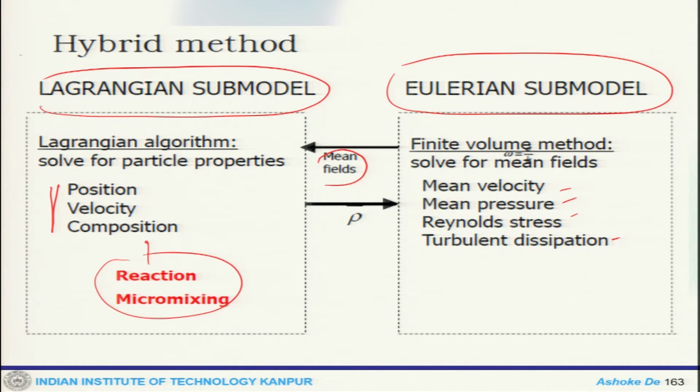So, by doing that, you then look at the global parameters like mass conservation, density, and the particles when they are crossing out of the boundary or getting into a different cell. So, all these are being done. So, there is a constant exchange of information between the two frameworks. So, that is what it does.